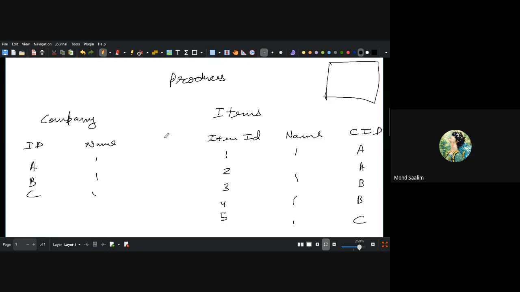That's why we said that we don't need a separate table for the producers table, because we have a one to many relationship or many to one relationship. In these two cases, we can ignore this producers table at all.